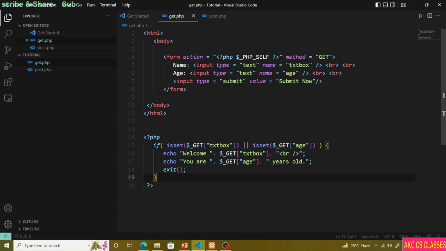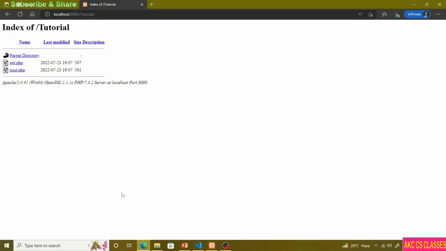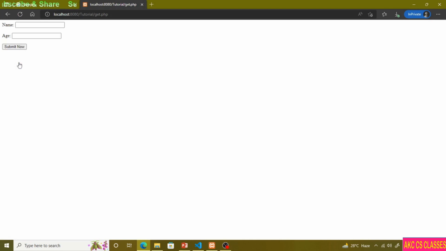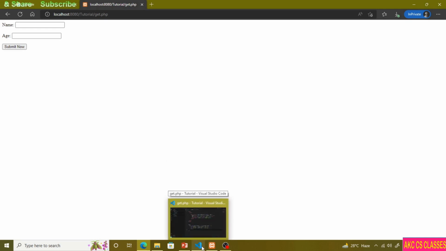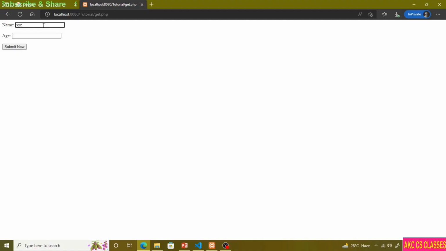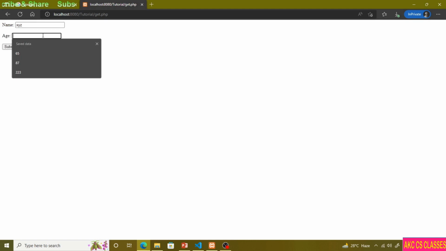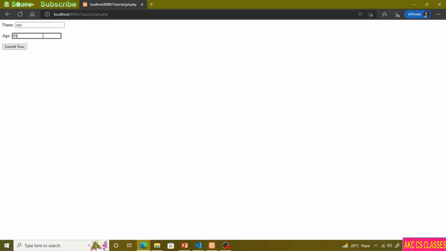So this is a very simple program, and we need to understand how this program actually works in the browser. So we'll go to the browser and we will enter get.php. We have selected get.php. So here, see the form. We have actually designed a very simple form. We are not interested in designing with all the different kinds of CSS things. We just want to understand how the things are working. In the name field, if I supply XYZ, and in the age field, if I supply 65, then if I click on submit now,